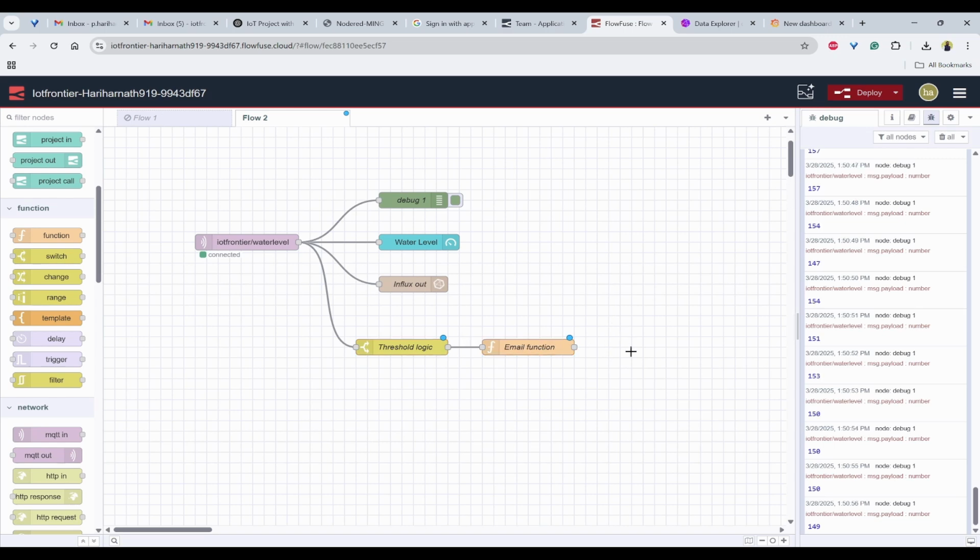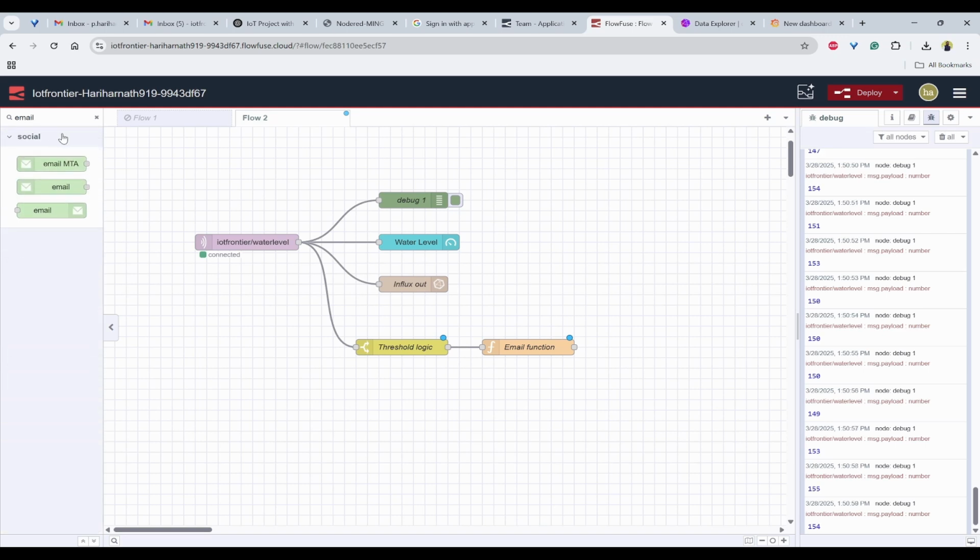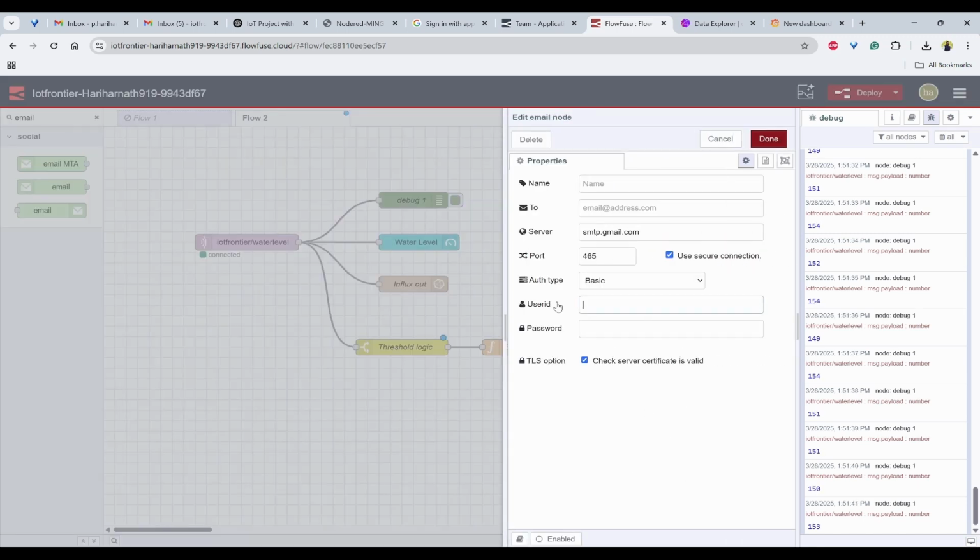After this, you need to search for email. You need to use this email out node and connect it, and double click on this email node. Here you can see the To address and the SMTP server of the email. Right now in this example, I'll be showing Gmail, and then you will be able to see the authentication mode and the user ID and password, which is like the from address of the email. If you are going to use a Gmail account, you need to follow these steps. First you need to figure out which mail you want to send it to. I'll write that in the To address, and the From address I'll have to send from another account,